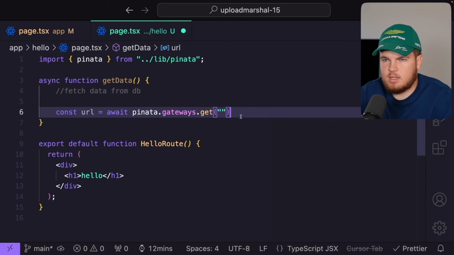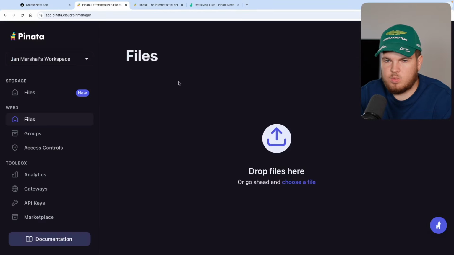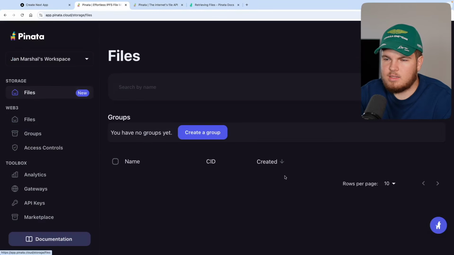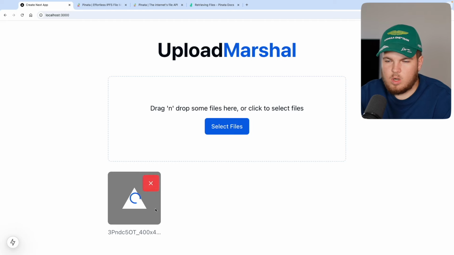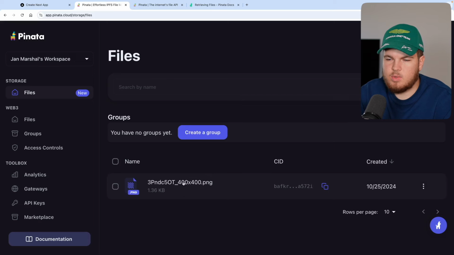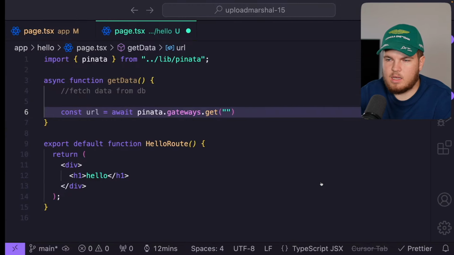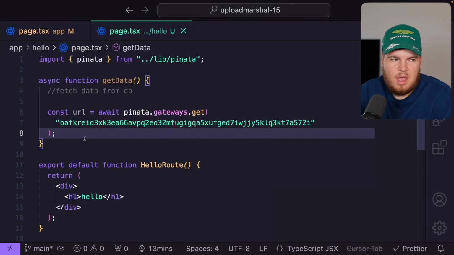But since we won't set up any database in this video, what we will do is go to the dashboard, to the files, and upload one file to get a CID. So let's go to the index page, let me select a file. I have now selected the file we are currently uploading. As you see, it has been uploaded, and if I go to the dashboard, we now have the file with the CID. I can now copy the CID, go back again and paste it inside of here. So now we have our URL, and I guess we can now return the URL